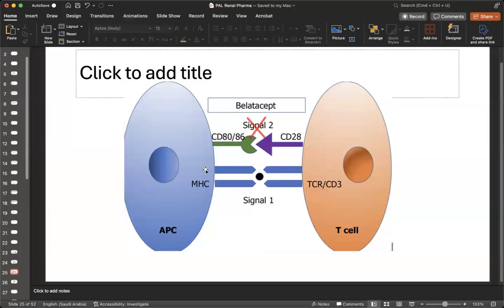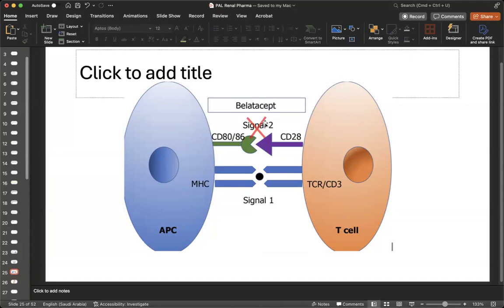Okay. Now, this is not the only thing you need to activate T cells. There's also another signal you need. It's called CD80, CD86, binding to CD28. You also need this signal to essentially activate the T cell. So what you can do is prevent this signal from being activated. Now, what you need to remember is that CD28 is on the T cell, whereas CD80/CD86 is on the